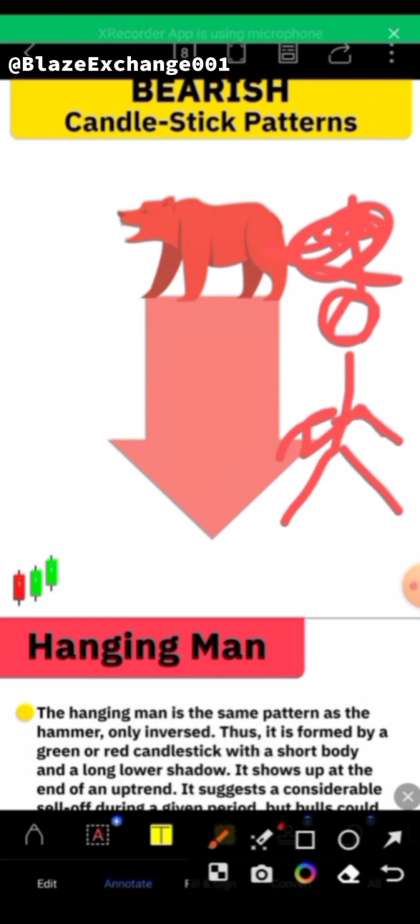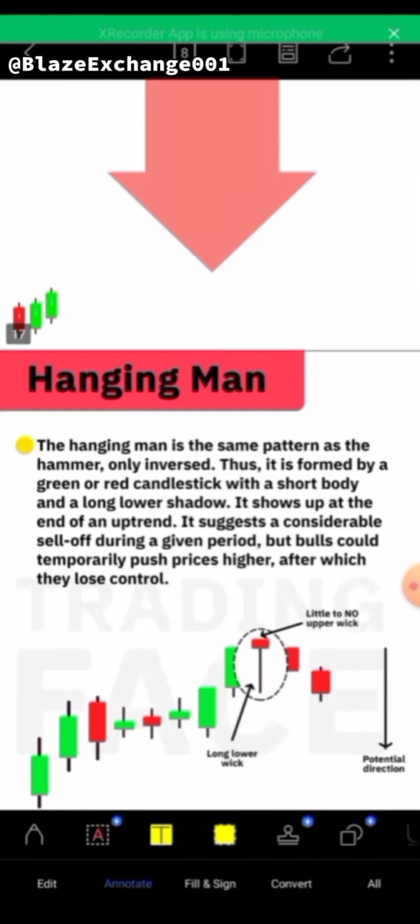That's why I said if you want to memorize this, just use simple analysis. This is the ceiling, and if a man hangs himself, this is the head, and this is the body. That's what I'm trying to say. So the candlestick will look like a man hanging in the air. So now let's continue. Number one we have the hanging man. Okay, let's read through it now.